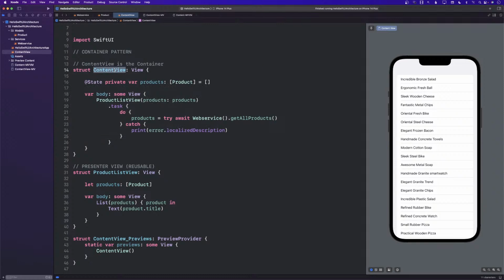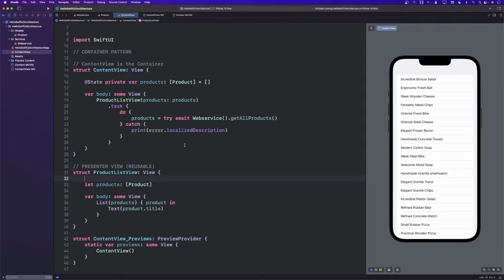In order to test the view, you will need to write a UI test, which is also known as an end-to-end test, and then you will have to test the whole thing that way, and that can be very slow. But if you don't really care about testing, you're building your own app, and you are not interested in writing tests, then this can be a quick and easy pattern to use, where the container downloads the data, gives it to the presenter, and the presenter displays the data. Very common in React applications, and you can use it for SwiftUI applications also.